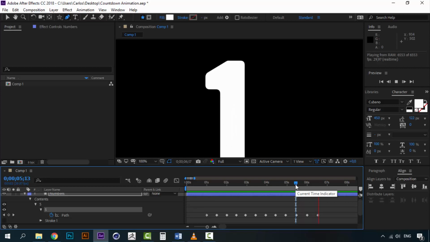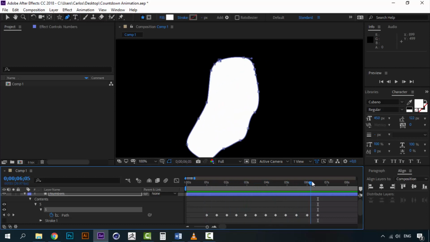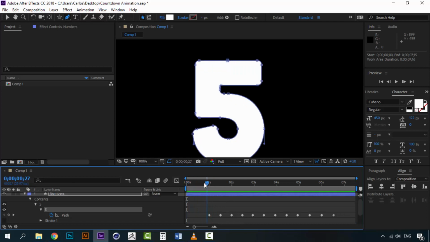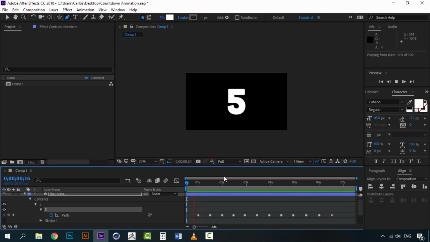Okay, let's see. Alright, then we move just a little bit more, and we can trim the composition up to this point. Let's see what we have here. 5, 4, 3, 2, 1. Okay, we have a nice morphing right now,